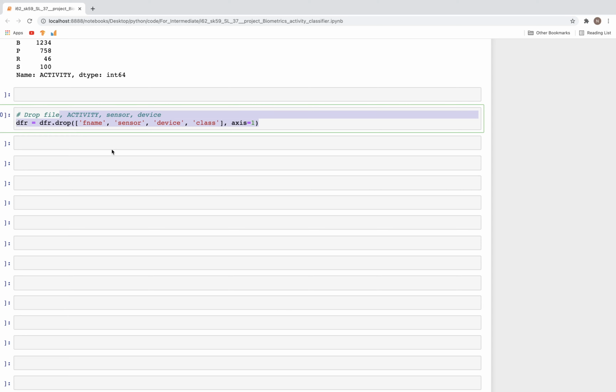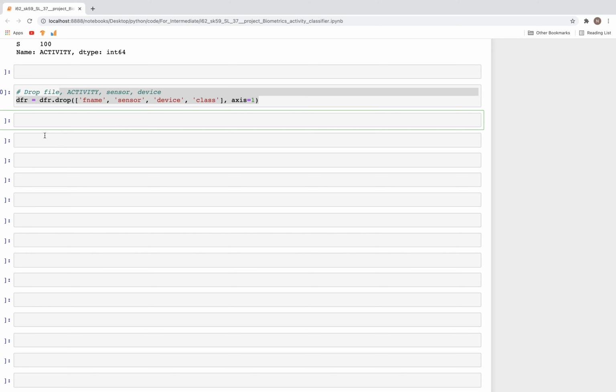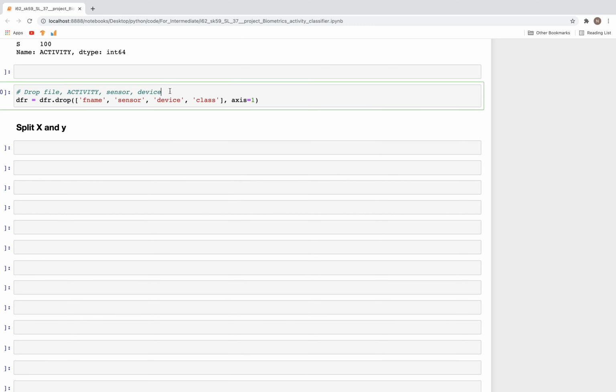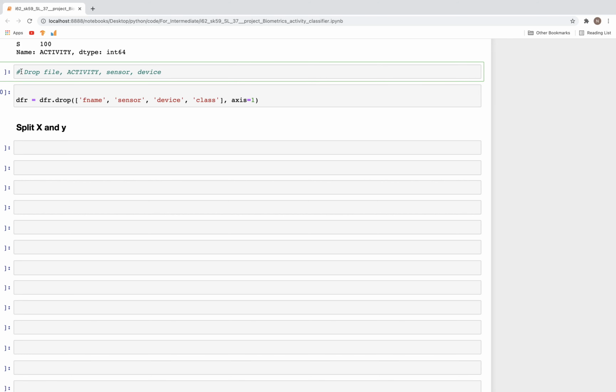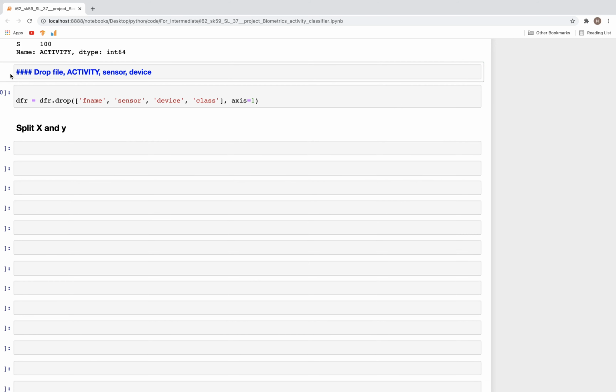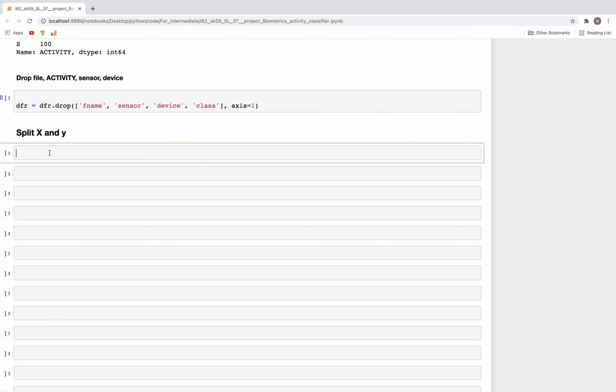And apart from those, the next item that we can look at is y. So we can split the data frame now. So split x and y, and that should be okay. So let me go ahead and put that as a separate subheading. Okay. So for x,